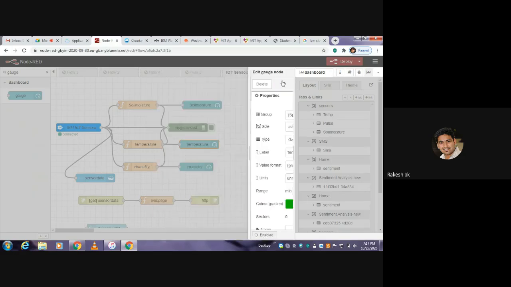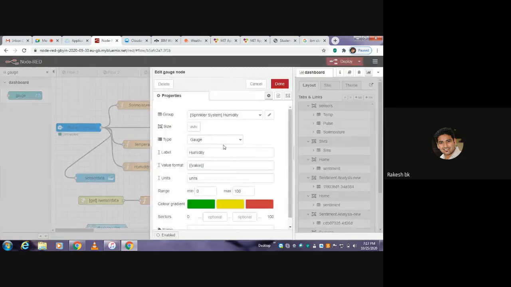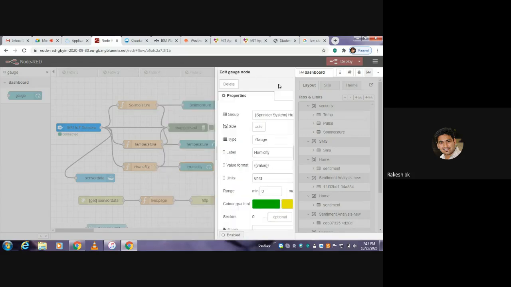In the same way I'll go to the humidity. I'll type all the details, with the humidity range 0 to 100. This is the random value I've considered. When you are deploying actual sensors onto the field, you can make use of the range available in the sensors, and also the range you require or are looking into, for that data to be observed.